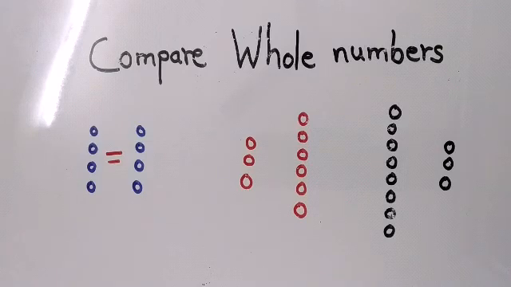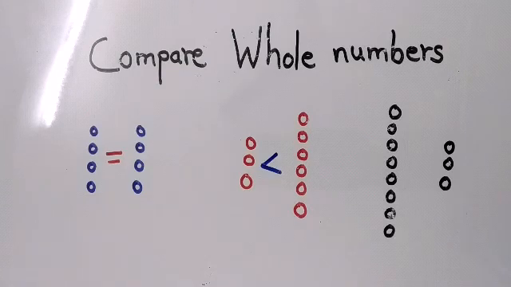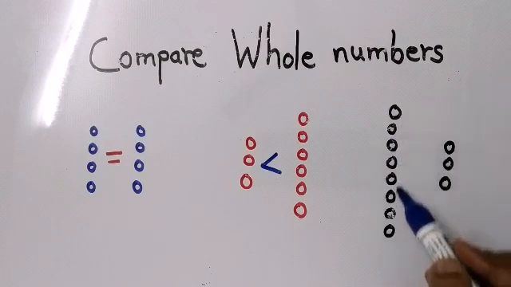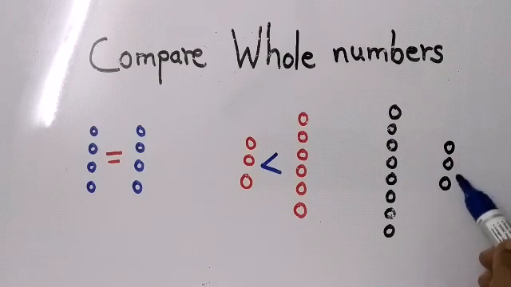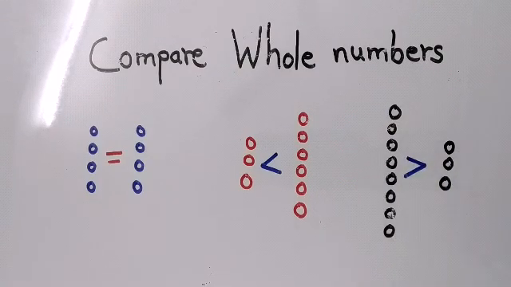Very good. Now come to the second one, children. Which side is less? The left side. And the right side is more. So which sign we will put, children? Lesser than. Okay, and finally we come to the third part. The left side is more and the right side is less. So which sign will I put? Okay, that was just a revision of your signs so that you are not confused.